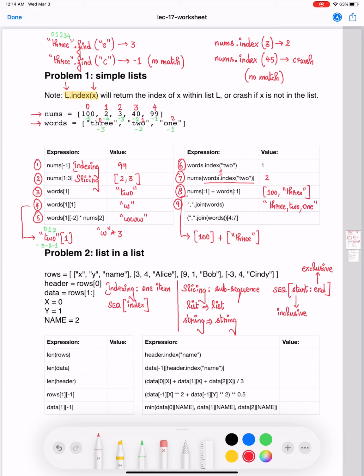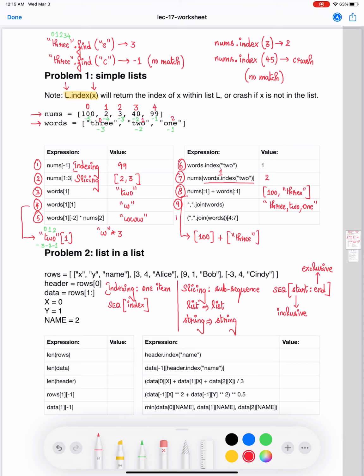Join method call always returns a string. Keep in mind that there is no space in between comma and T and TWO here. That's because we use the separator as comma here. If you want a space, you need to mention that by saying comma space.